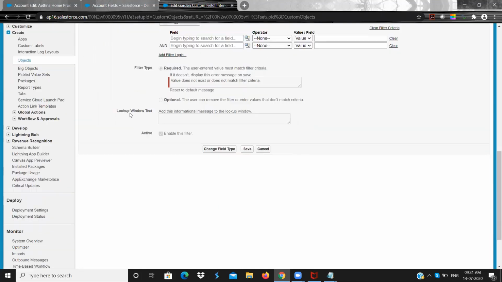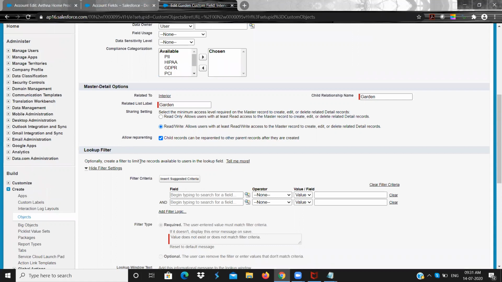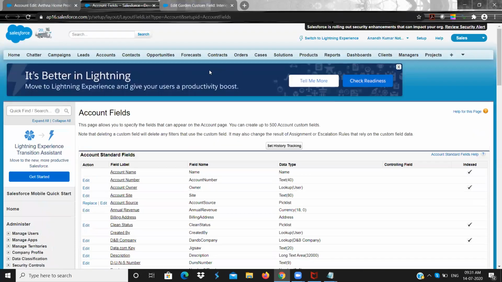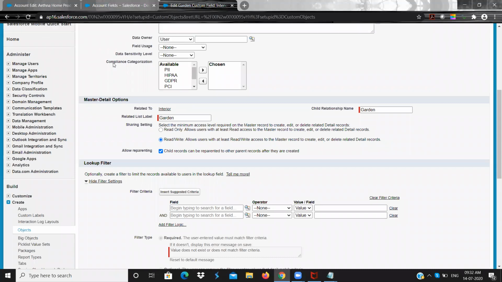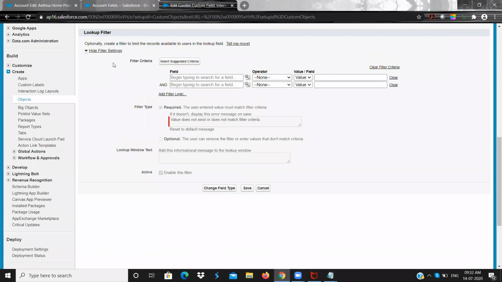Yes. So that is the lookup filter. What the lookup filter does is, while selecting the parent itself, it creates a criteria. Based on the criteria, you will see records. In real time, whenever you are not able to see all the parent records, you need to come and check here whether the lookup filter is applied or not, because this is one of the filters that will filter out based on the criteria that you are giving.